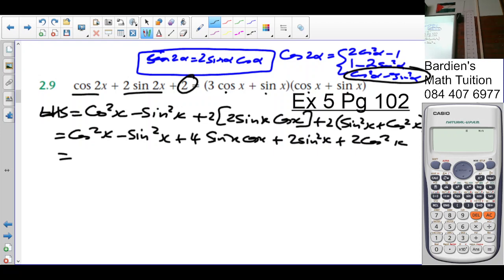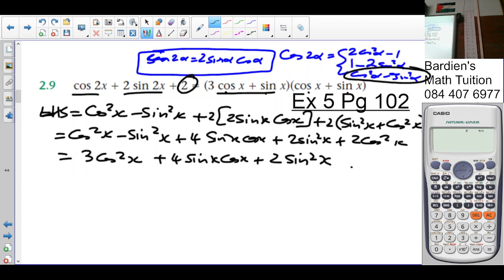So cos squared x plus 2 cos squared x is 3 cos squared x. Why am I not writing sine first? Because if you look at the brackets, cos is first. Plus 4 sine x cos x plus 2 sine squared x. Now this should remind you of a trinomial. If you don't see the trinomial, replace a cos with a y. So 3y squared plus 4xy plus 2x squared. You see the trinomial now? Yes, it factorizes into